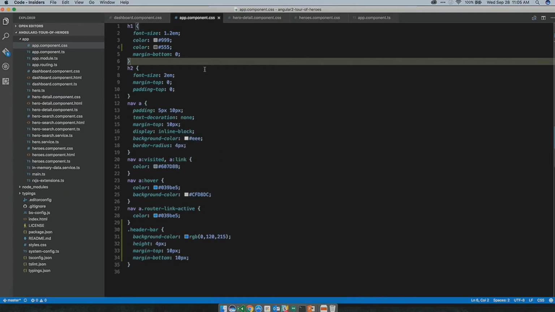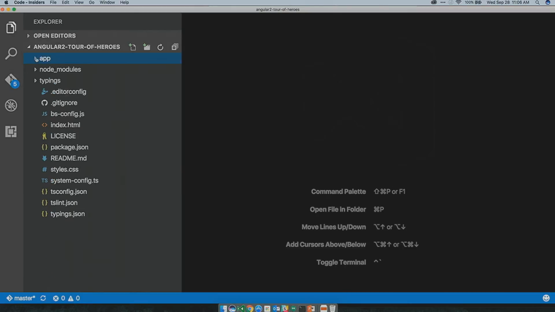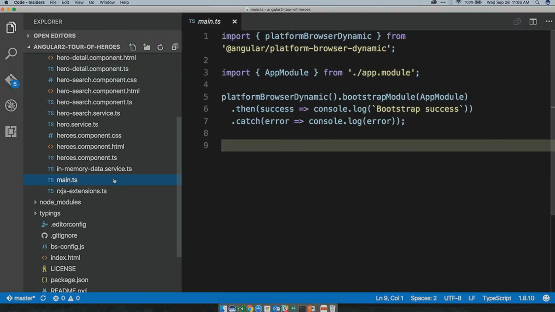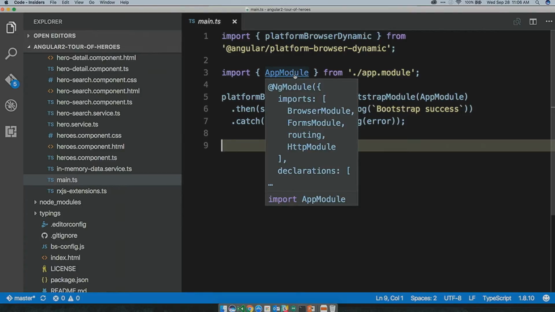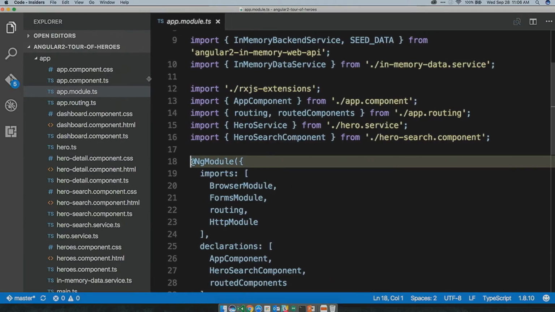So inside of Visual Studio Code, let's go over here. I've got my application, and inside my app folder, you're going to find first that main.ts. Remember I said everybody looks for where do you start? That's where I start. So we found main.ts. I'm going to go ahead and launch this app module. And then let's go find him. Now, this is what's cool about Visual Studio Code. I'm holding down my Command key, and I hover over app module, it shows me a preview of what it is. I can also click on it, and it goes right to it. I don't have to go figure out where is that file.